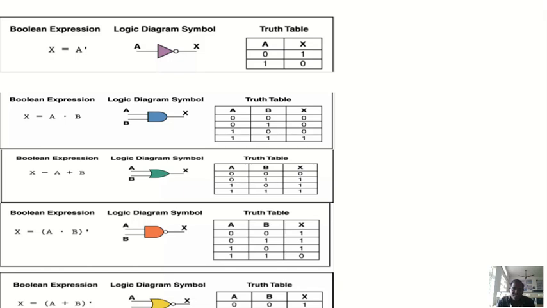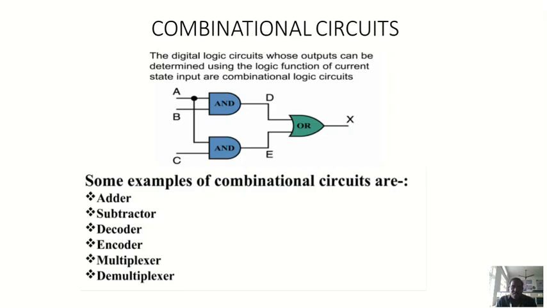Using these logic gates, we can get a circuit. We can make different kinds of circuits to get the defined specific output. That depends upon our aim or our problem. Next we can go for the combinational logic circuits. Here, by using the gates, it may be AND gate, OR gate, NAND gate, like that, we can combine the gates. That depends upon the output we are getting.